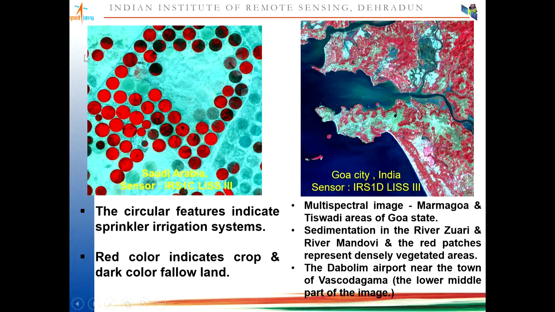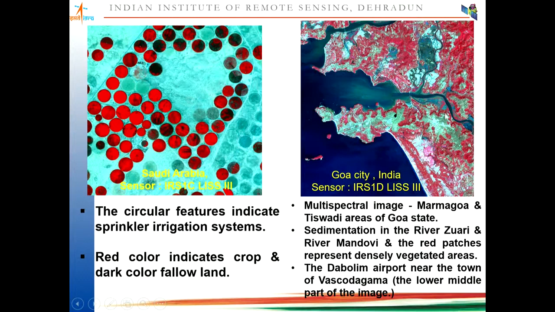So you see these fields, half of it is with standing crop, the other half is fallow, and it is also moist because it is dark. Right? So varying moisture content, different conditions as to whether it has standing crop or whether it is fallow, right? No crop, and the sandy area in between. Similarly here, it is a sea coast, beach sand here, suspended material,